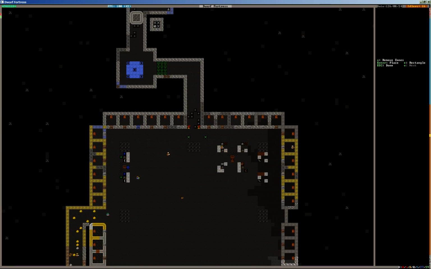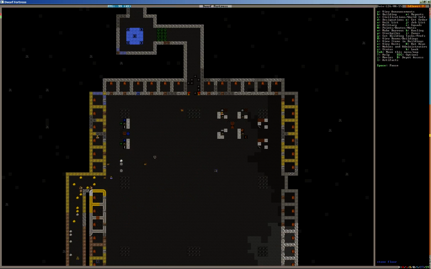So let's put in a new zone for dumping, and build it like in this spot. Dump. And that should keep people busy. What we actually could do now is